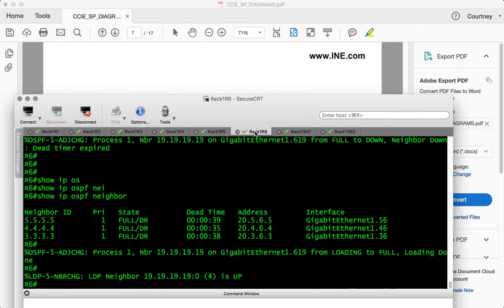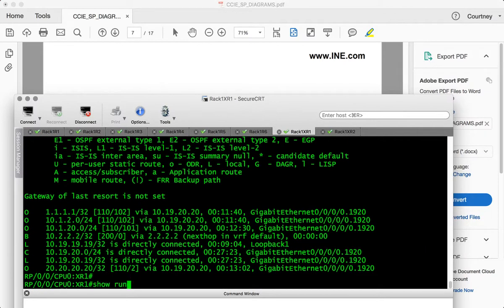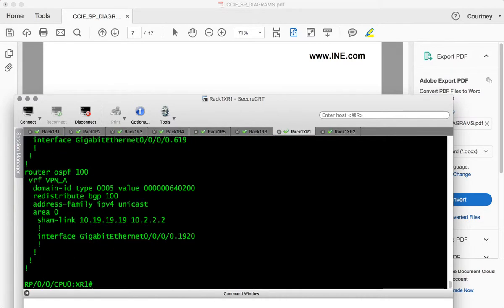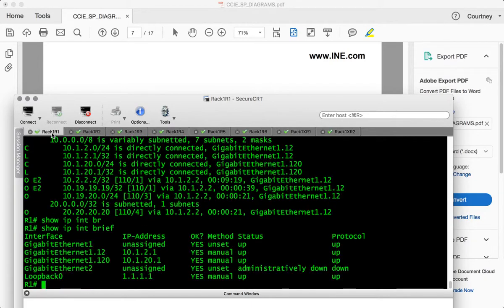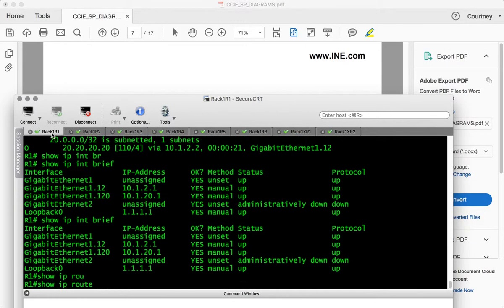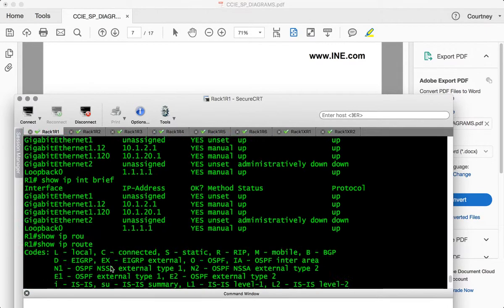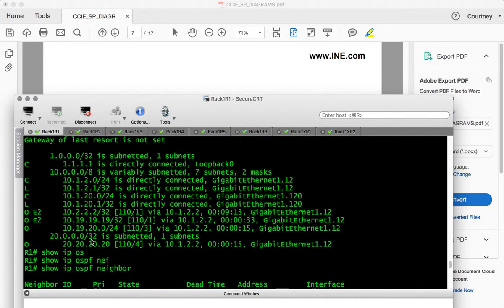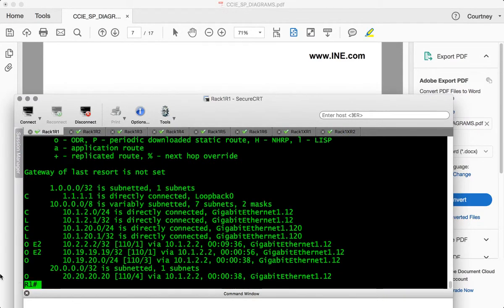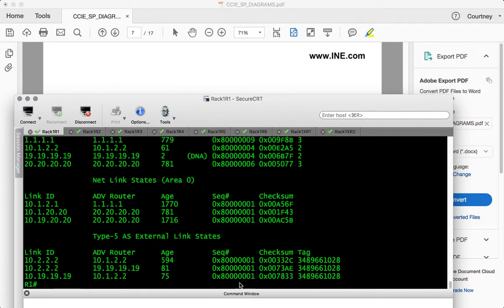Hmm, kept the domain ID the same. Did it change on me? Oh no, I'm tripping. Now I'm looking for the inter-area routes. So those disappeared, as you noticed before. Now we're getting intra-area routes that are coming over the VPN MPLS link here. So if I look at the show IP OSPF database, we should see